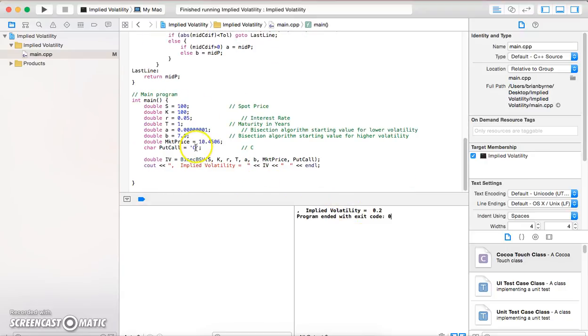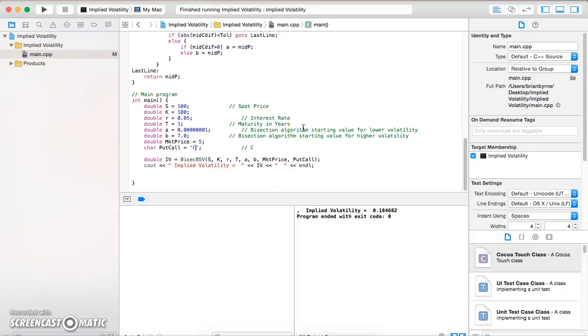Even though we have P here, well, we have C. If we change to P, let's say we had this value and change that to $5 and put in here P for a put option, and we run that, again we get a value here, but no indication what the option is. So we go back to